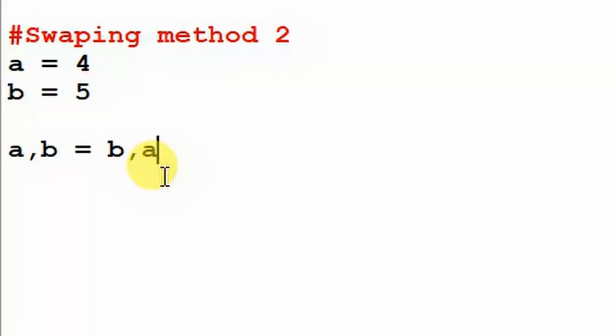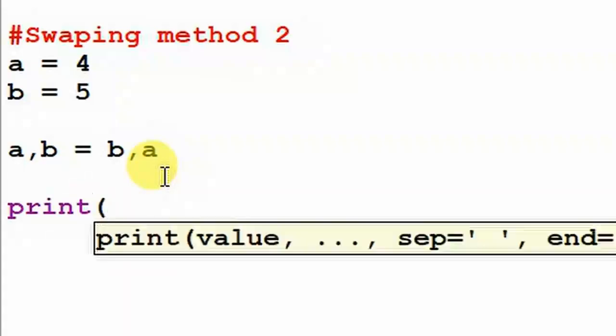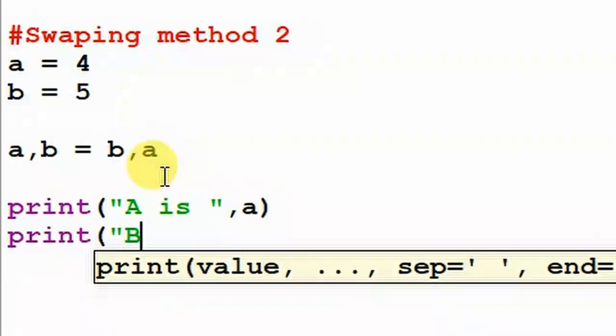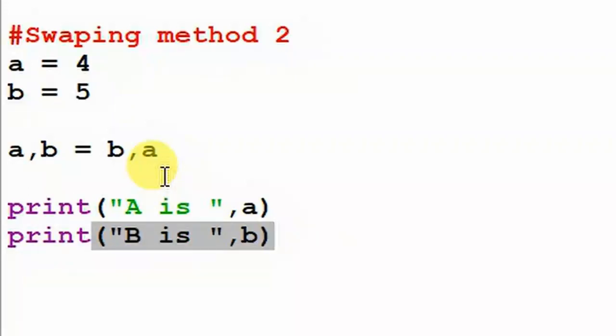This line swaps your values. So finally I print a, and next I print b. I complete this code.